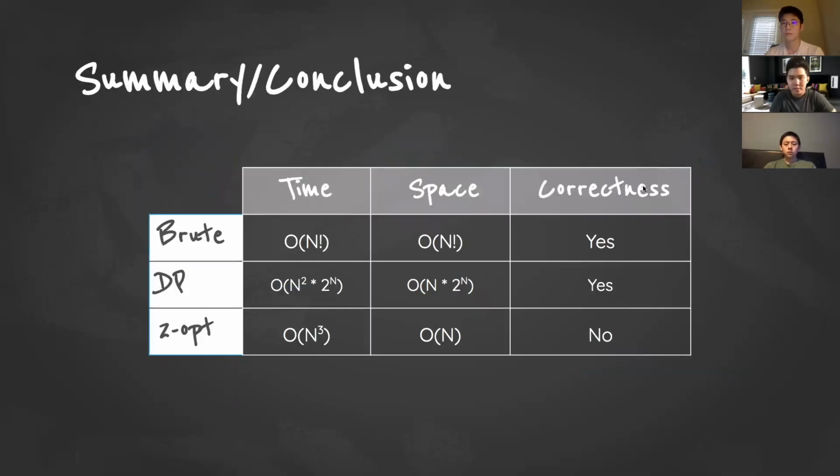So here you can see a summarization of all the different methods we've gone over: brute force with its factorial order of growth, and DP with its exponential. Those are both going to be inefficient even when the cities get to around 10 for brute force or 30 for DP. For 2-opt, because there are going to be situations where you have a lot of different vertices, it is much more preferable because of its polynomial time. Even though it doesn't have a correctness guarantee, it's relatively close enough. Obviously, given that it's NP-hard, there's some striving to find an efficient solution with better correctness bounds. But even right now,